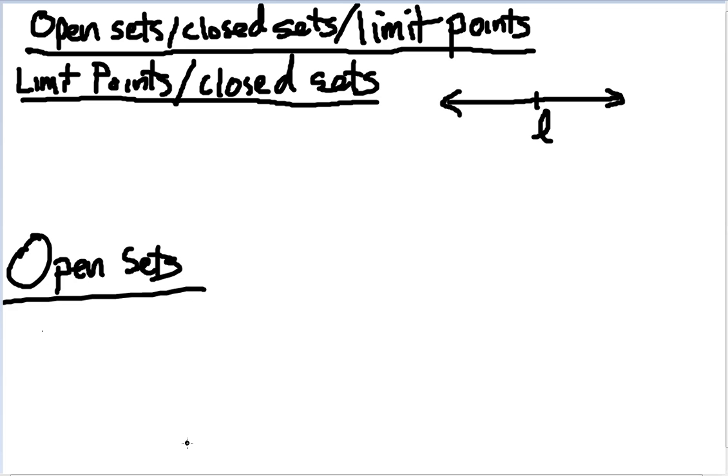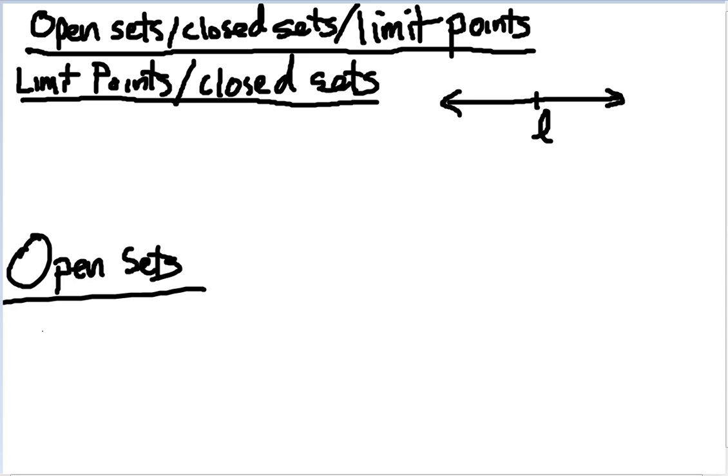Going to talk about closed sets, open sets, and limit points. And in particular, a lot of you ask questions about how to visualize limit points. So we're going to start with that. So I have a picture here of a number line of a limit point, and the definition just says that